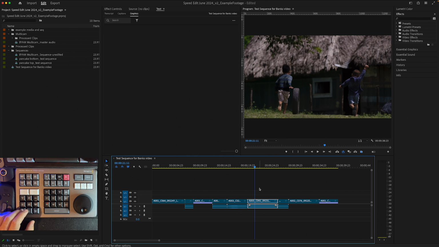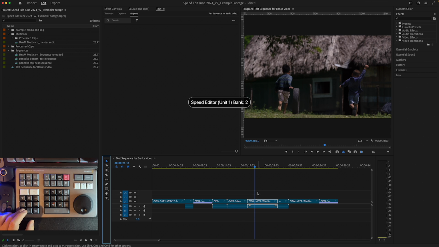I'm in bank 1 right now. Razor tool. Turn that off. If I hold down that and let go, it's back in bank 1. So why would I do that? Well, I'll show you. Let's say I'm in bank 1 and